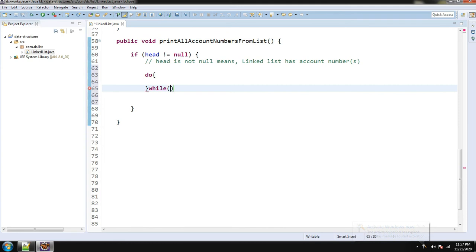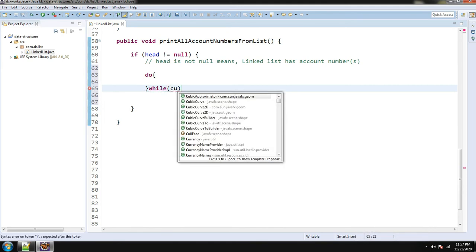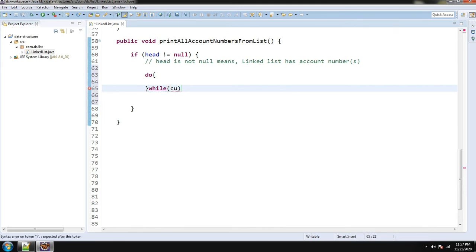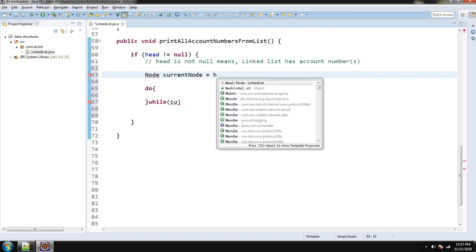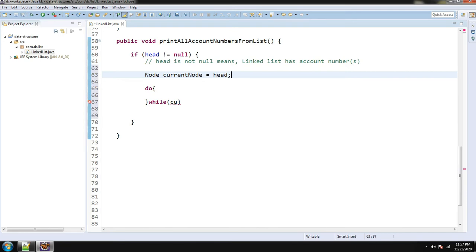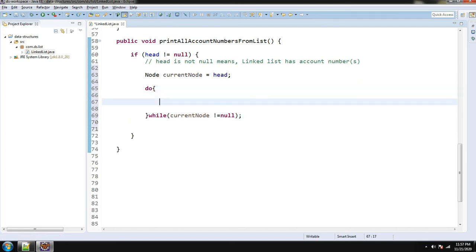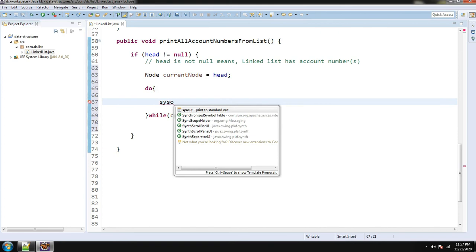So I am creating a do while loop. We need a current node so that we can traverse throughout that list, like we did in the add method. Current node not equal to null means next node is there, so we can go to next node by writing code inside the do while loop.